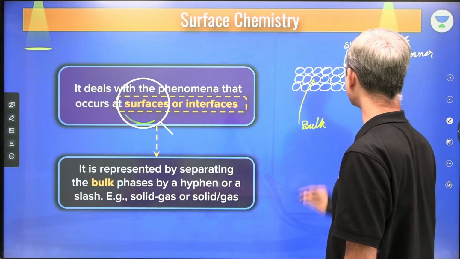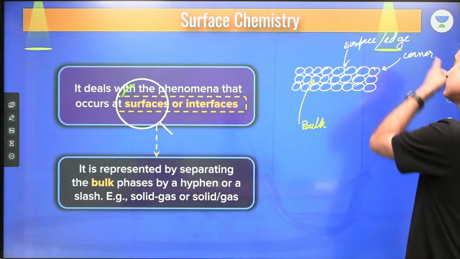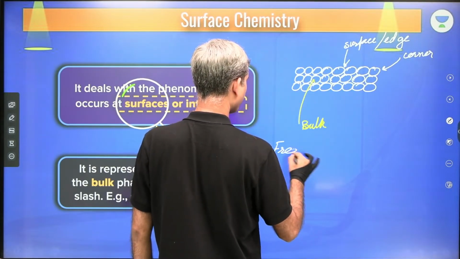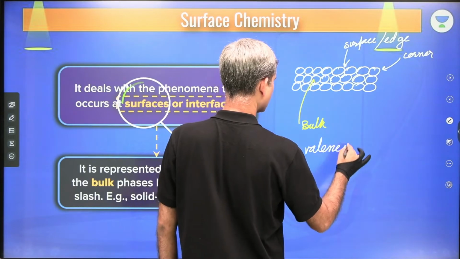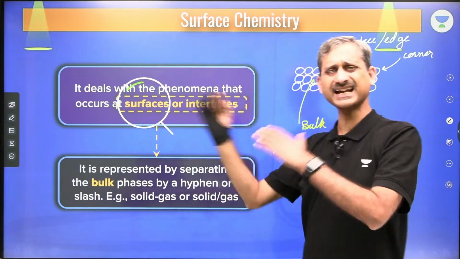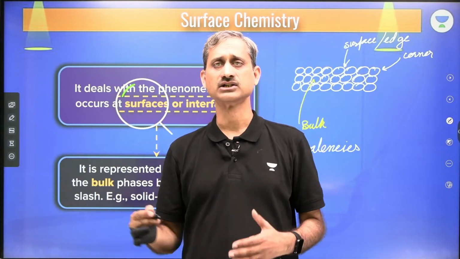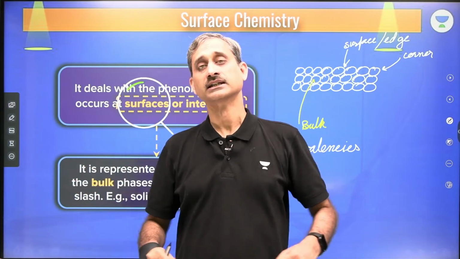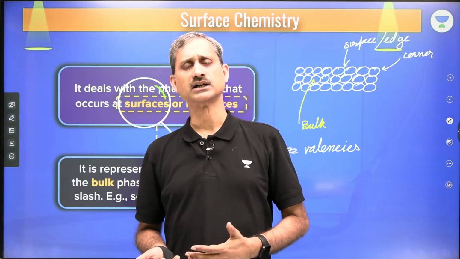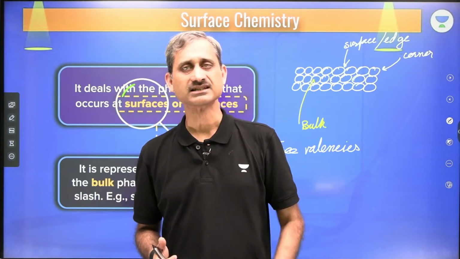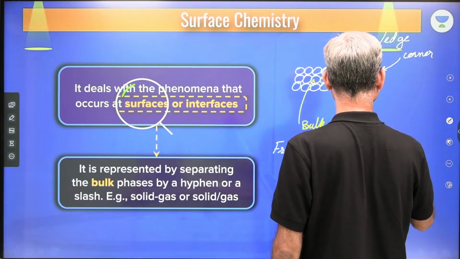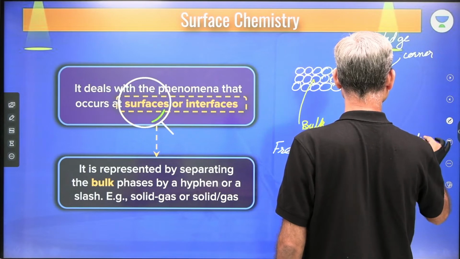So here it goes into the bulk. Now when we talk about the surface, edge and the corner, these particles have free valencies. That is, they still have the combining capacity which is left. Let us say there are certain students who have joined hands with each other, then the person at the terminal of the chain has one hand free, which we can term as free valencies or vacancies. Now these free valencies are termed as dangling